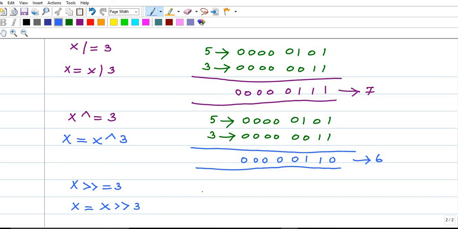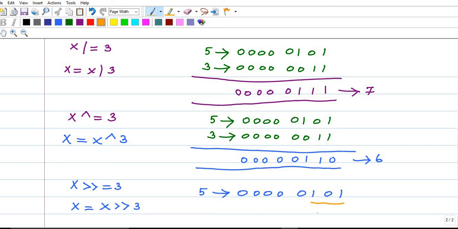So let me write x is equal to 5. The corresponding binary value is 0 1 0 1 with leading zeros. I'm going to do right shift by 3 elements, so these three will go.